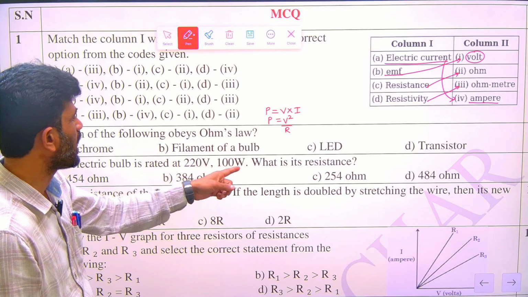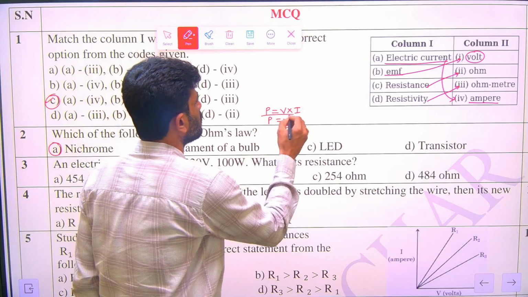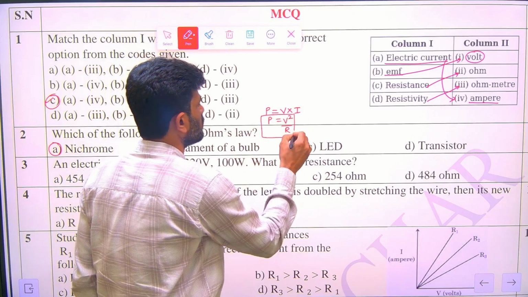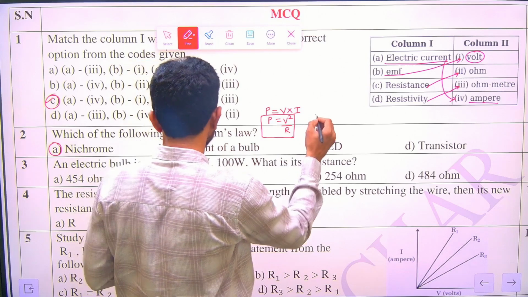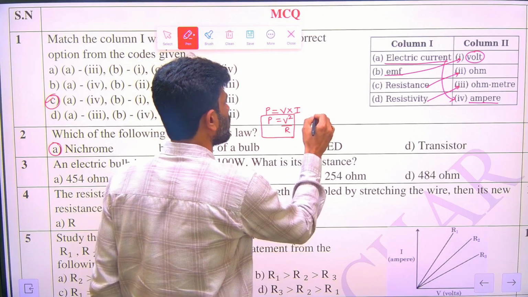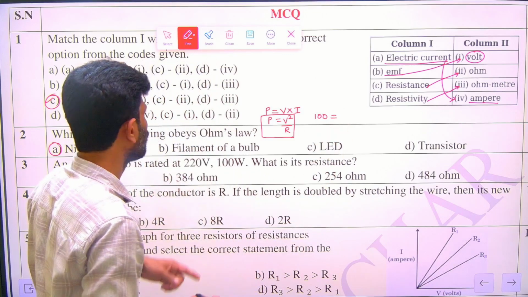Here V is given, and what we have to find out is R. V is given, power is given, so by using this formula we can find R. P is equal to V square by R. P is given as 100 watt. 100 watt is equal to the voltage, given as 220 volt,